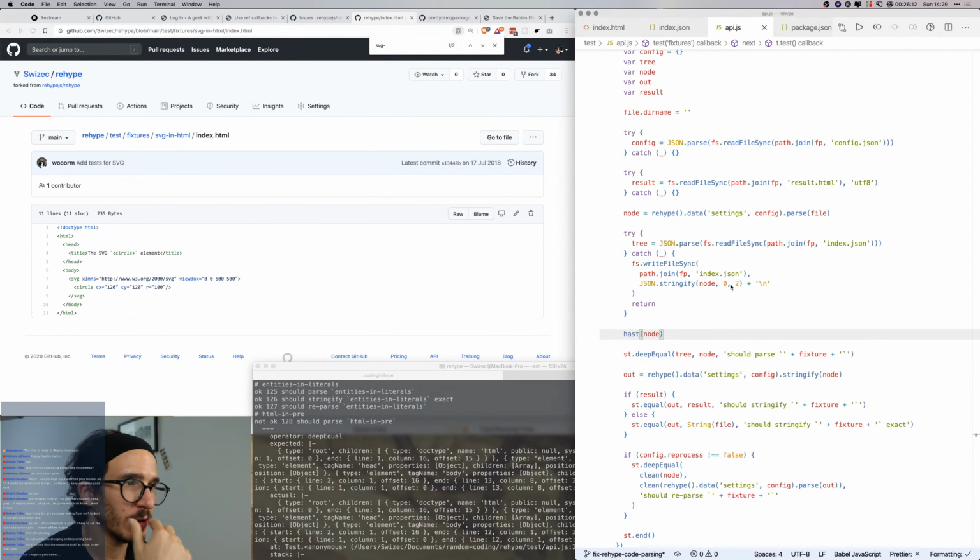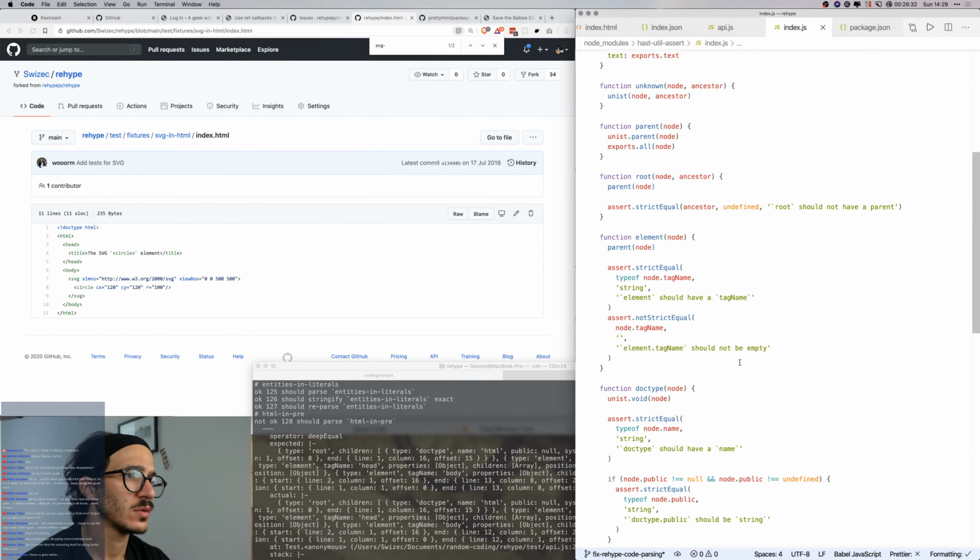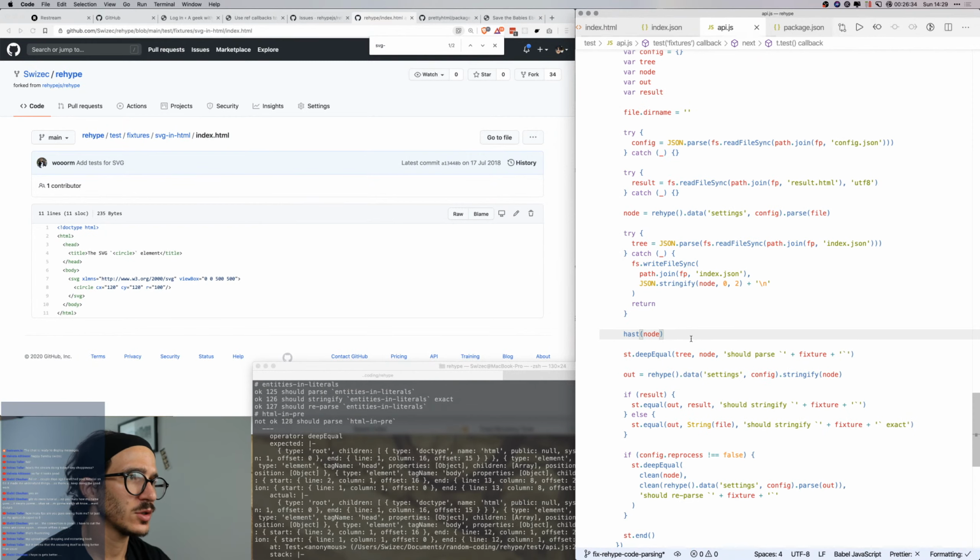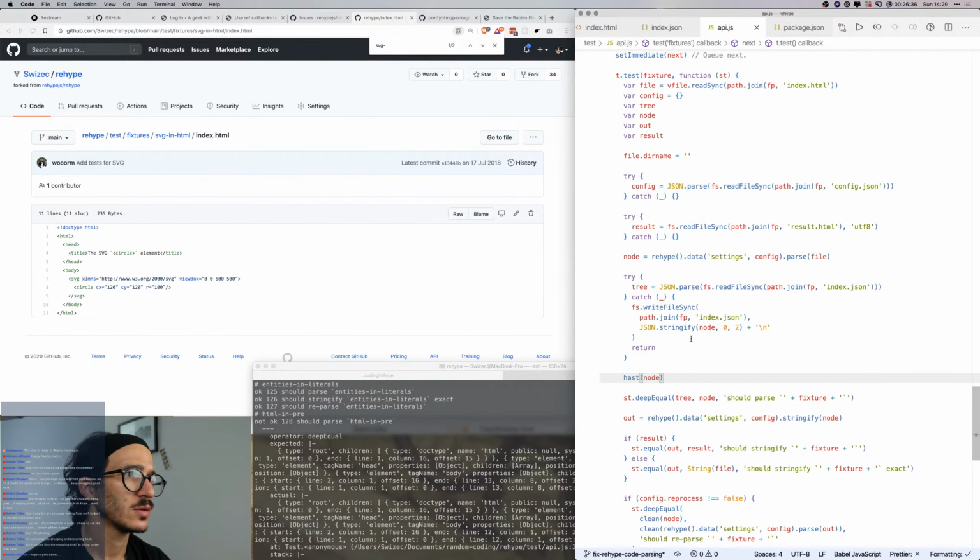So operator deep equal, that's this part. We are taking the tree and the node. Tree is JSON parse from the JSON, and node is the actual node that we have. What is host of node? What does this do? And why is it just running like this without...